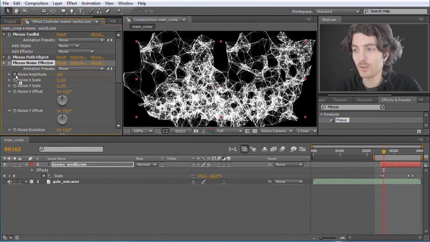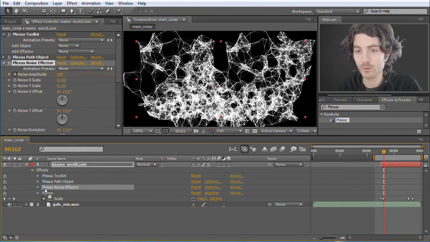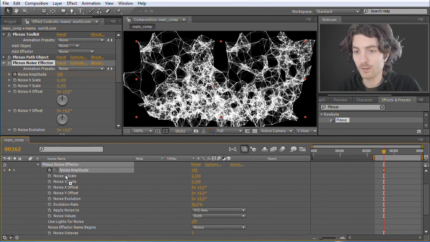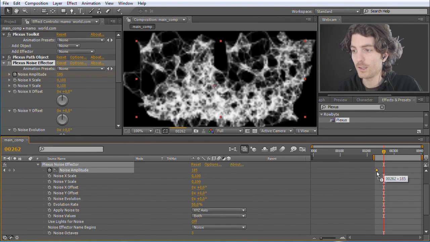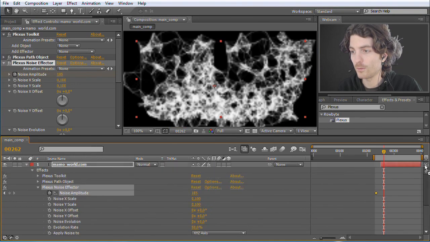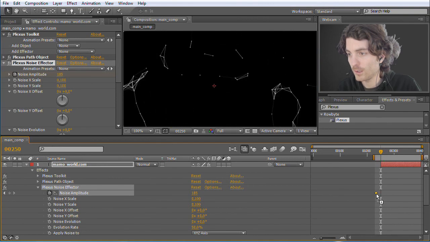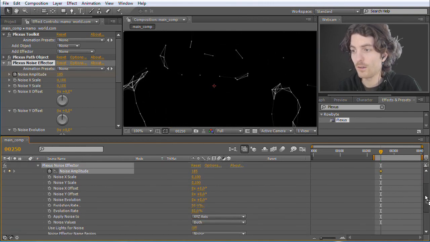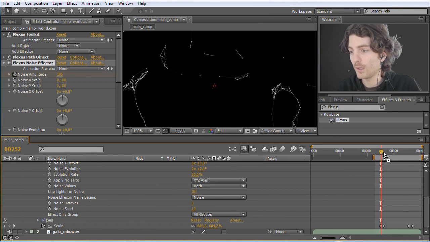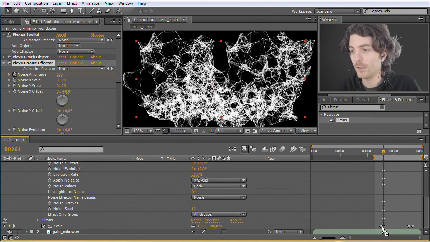And we turn it into a keyframe. But this should only be the case at the very beginning. So we go here to the noise effector, and for the amplitude we move this keyframe right to the beginning where the layer starts. So this is about here. Okay, and now we go to the point where the text is completely scaled up to 100%, so the zoom